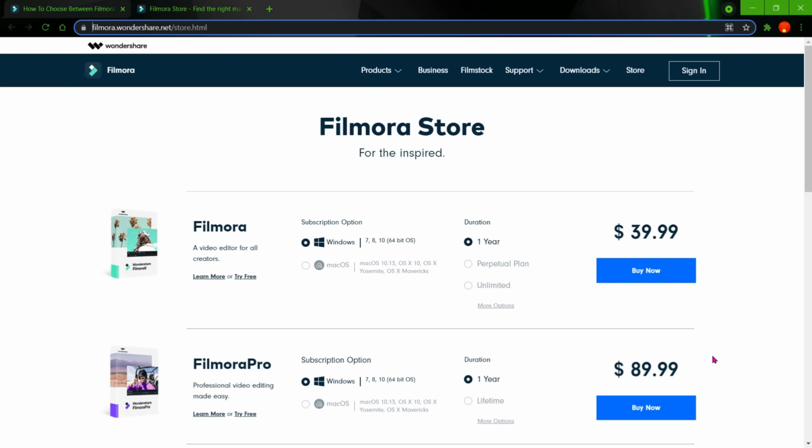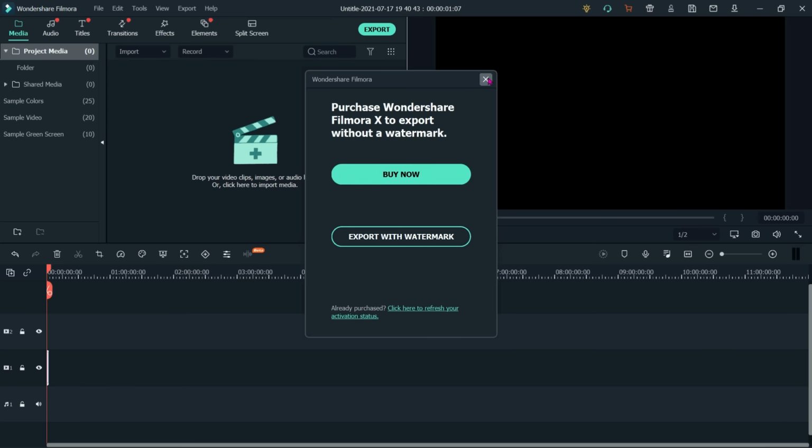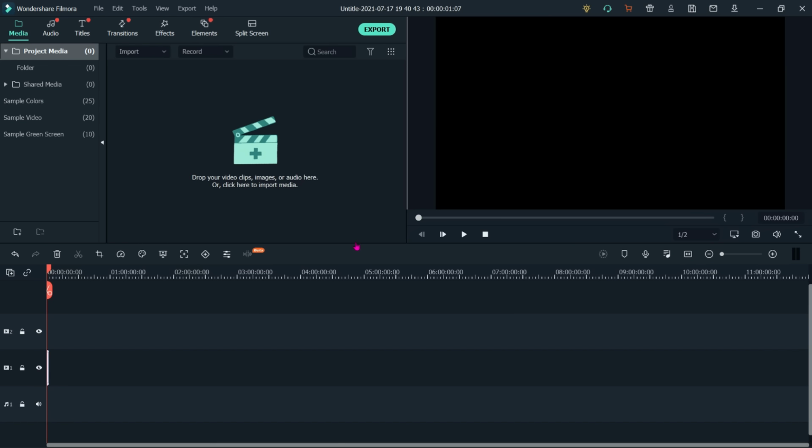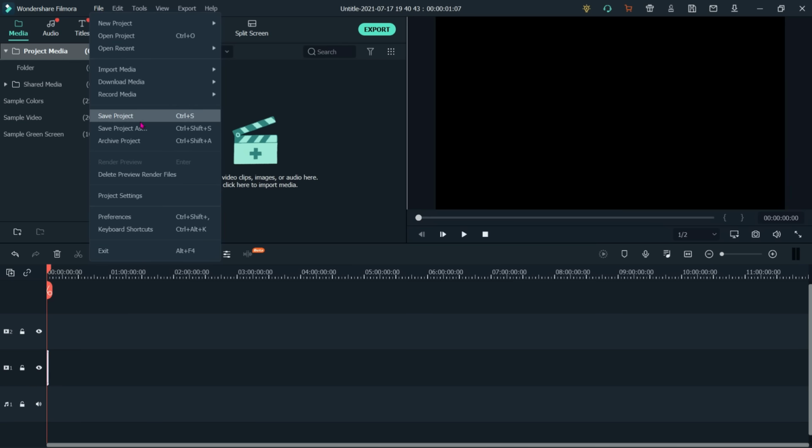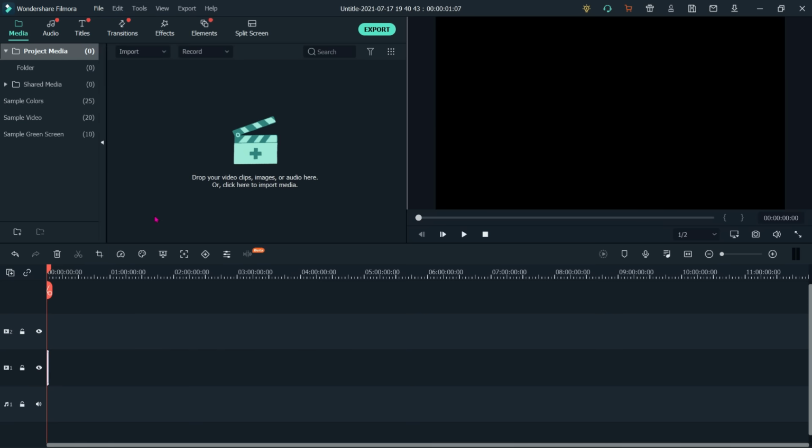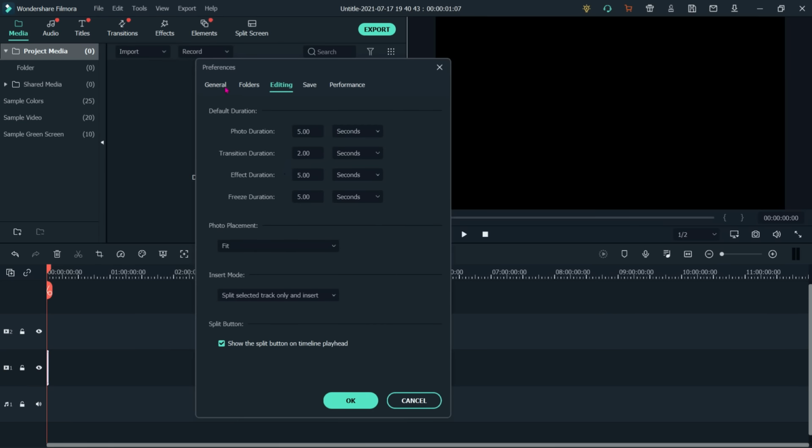Right, now moving to the next section, that is tools. So this is the screen of Wondershare Filmora X. You can see there are different pull down menus: file, edit, tools, view and export. At this moment I will show you, go to preferences. You can see there are different options: general, folders, editing, save and performance.